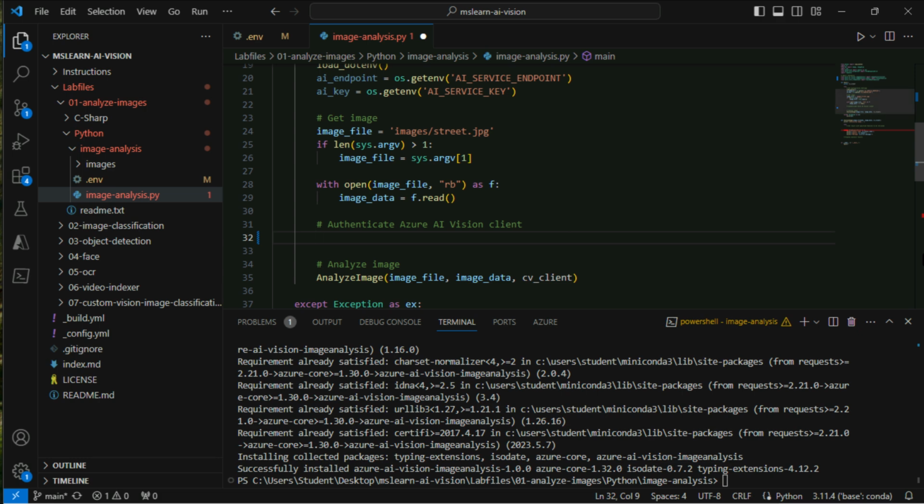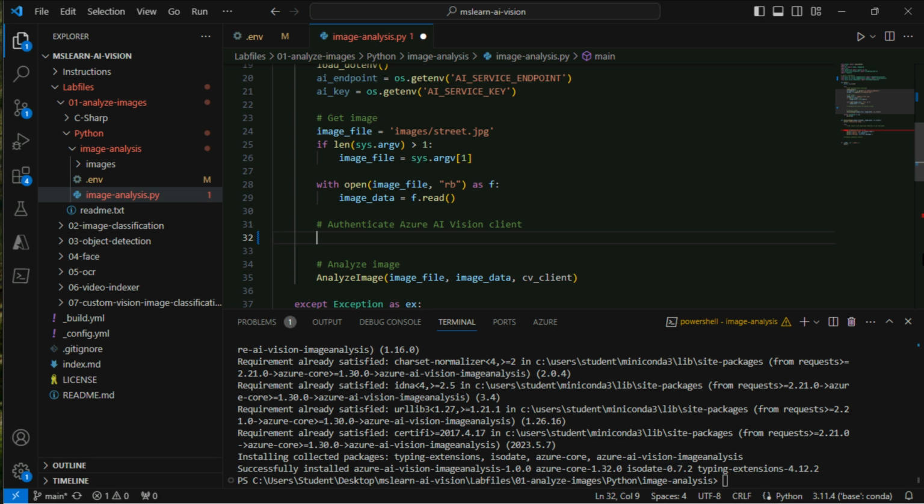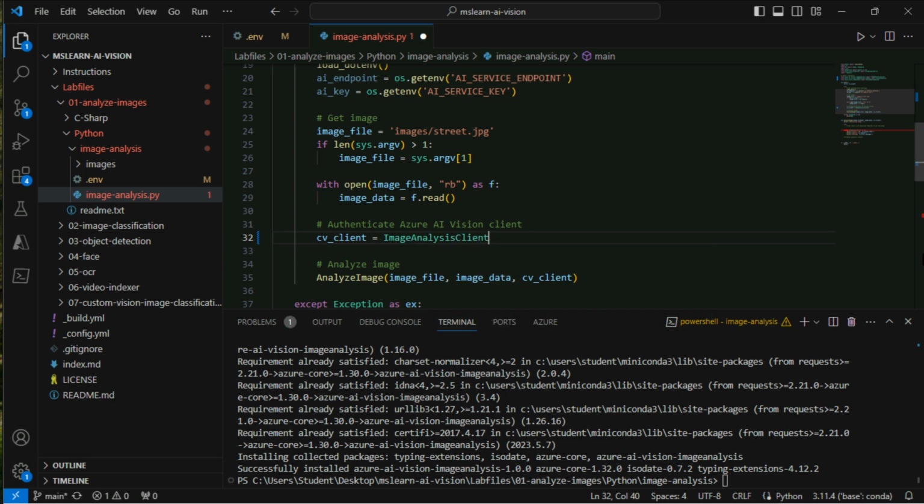The way to do that is to define a, I think it was called cv_client. Let's define that one as an ImageAnalysisClient